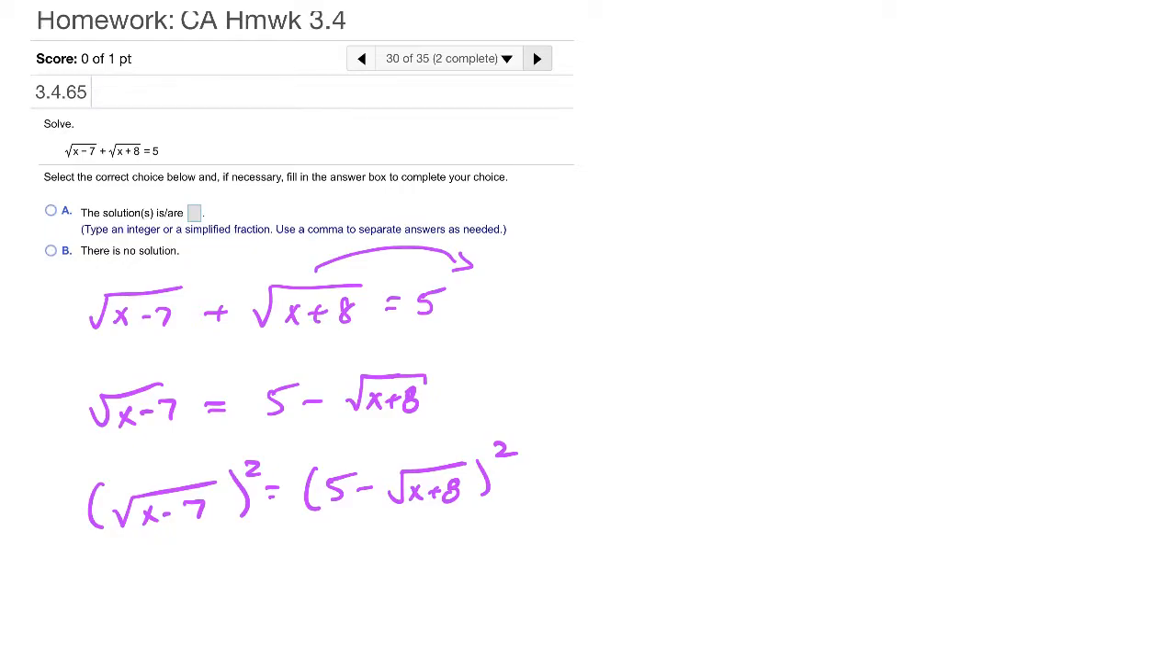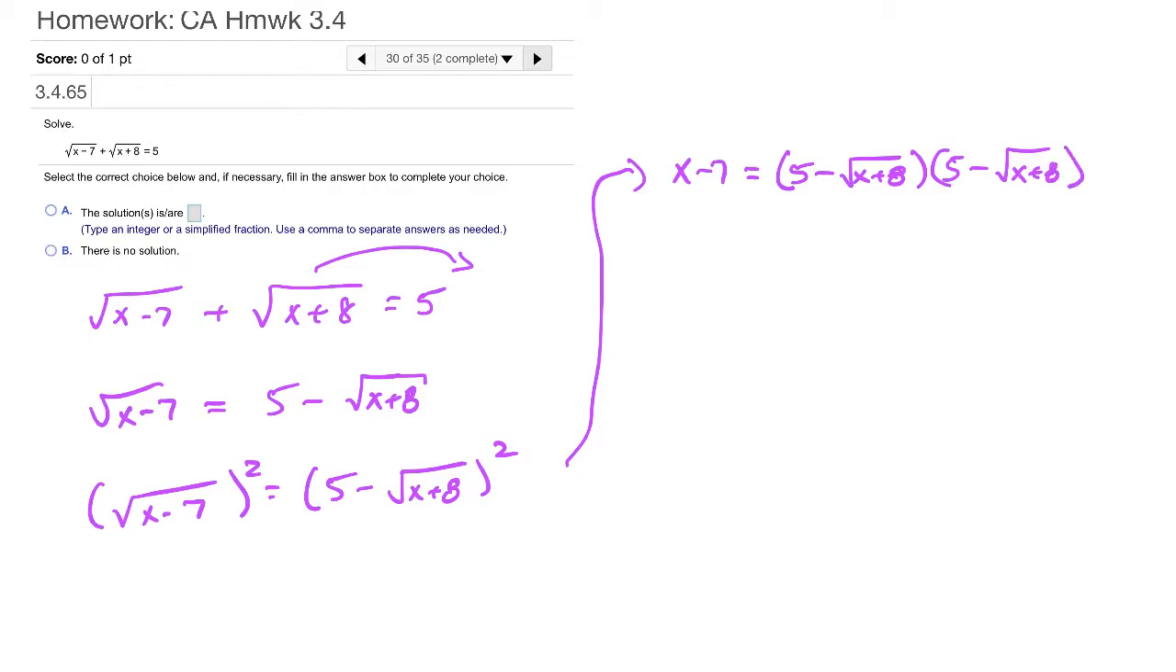So on the left-hand side, the square undoes the square root, so that I have just plain old x minus 7 on one side, but then on the other side, I have 5 minus the square root of x plus 8 times 5 minus the square root of x plus 8. And so I have something else, in this case, that I still need to FOIL out. Okay? So that whenever I do this, if I FOIL everything out on the left side, I have my x